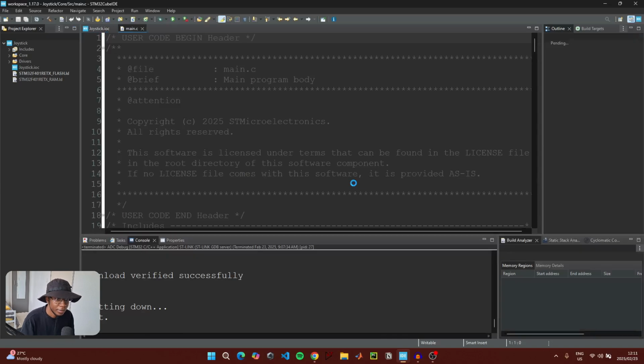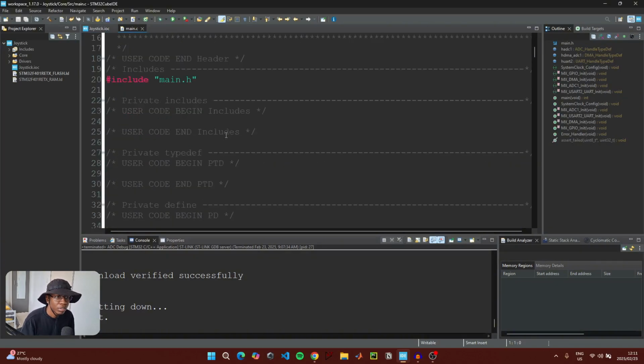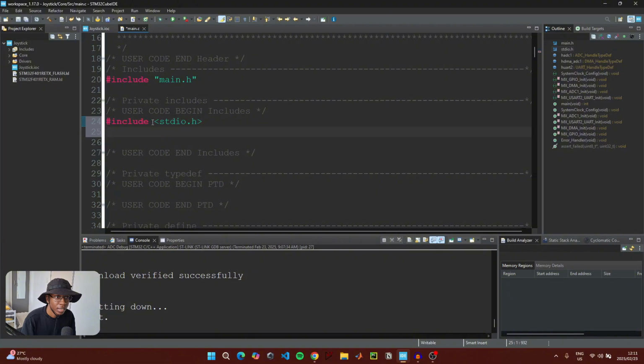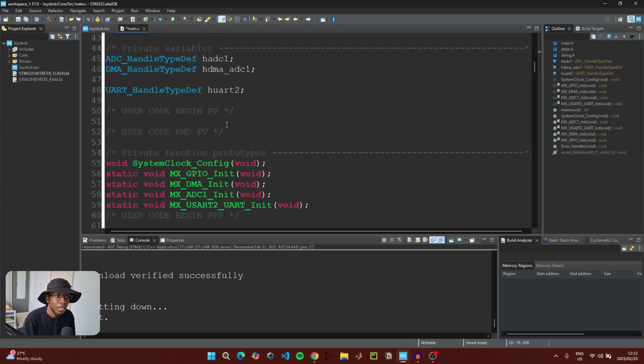In the main C file, scroll down to where it says private includes and then under user code begin includes, we're going to add 2 header files. The first one is going to be #include stdio.h header file and then the second one is going to be the string.h header file. Then you can scroll down to where it says private variables and then under user code begin PV,